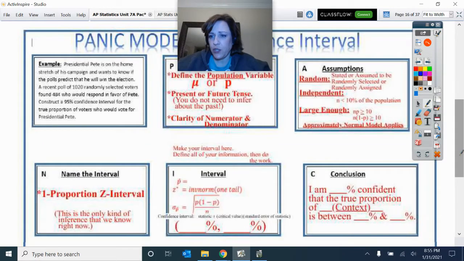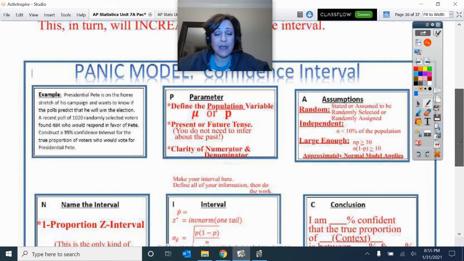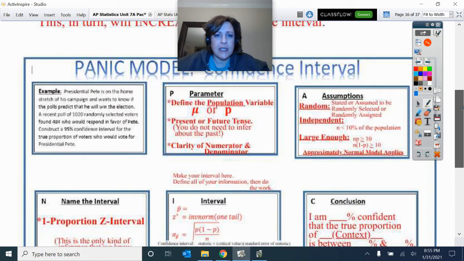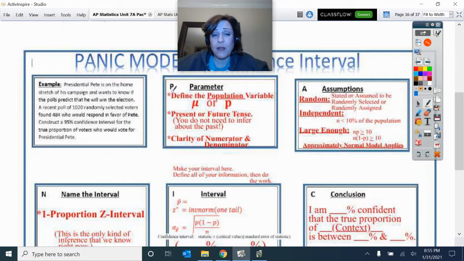Right, so we want to learn how to fill out a complete PANIC model. This is something that will help guide you through the steps that you need to make sure you include everything you need to include for your confidence interval. All right, so the first thing that we need to do is what's called the P in the PANIC model